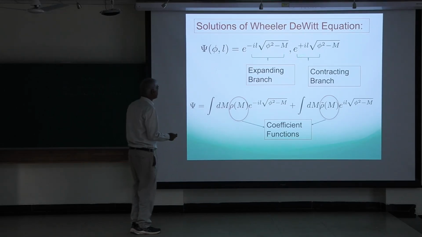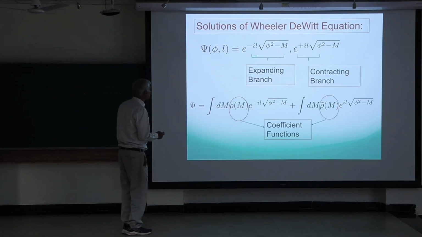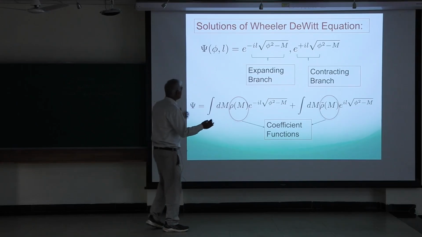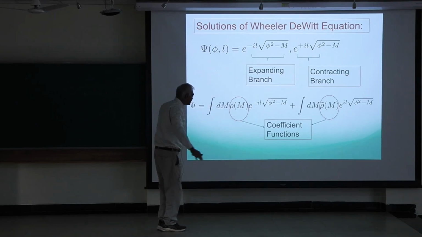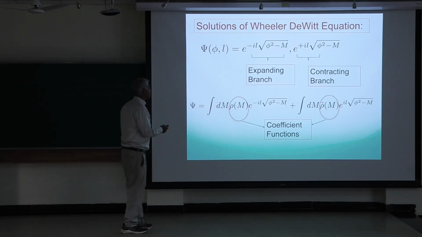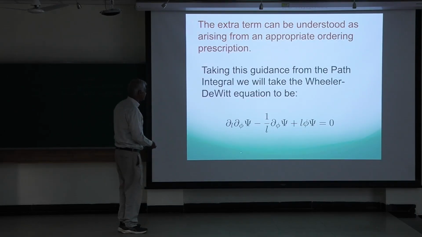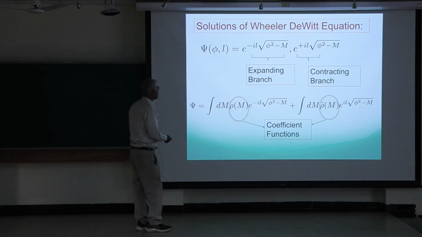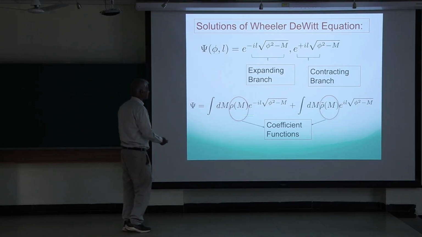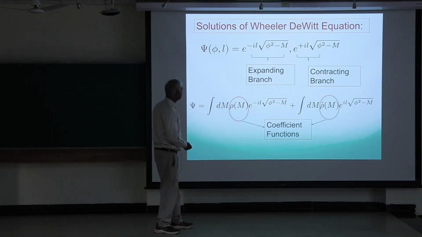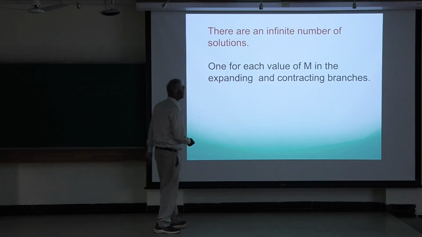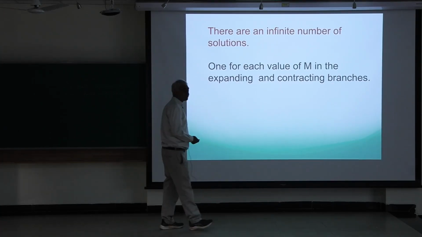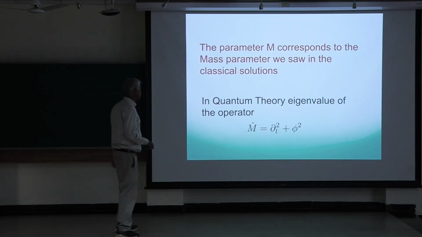This parameter m comes back. For a fixed value of m, you have two solutions. When you think about the momenta and all, this one is the expanding branch solution, the other one is where the universe is contracting. m can take any value. The Wheeler-DeWitt equation is linear, so you can add these with any coefficients you want, and that gives you the most general such solution. And this m parameter corresponds to something that commutes with the Hamiltonian constraint on physical states.